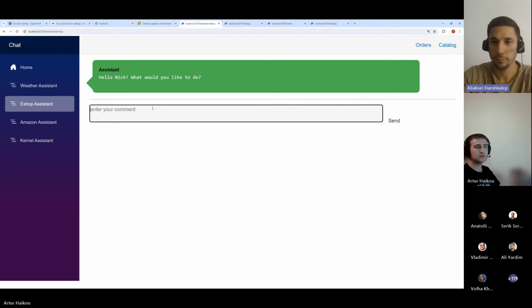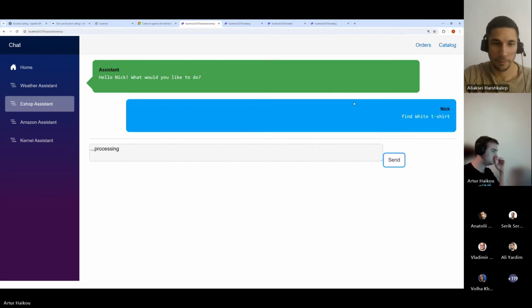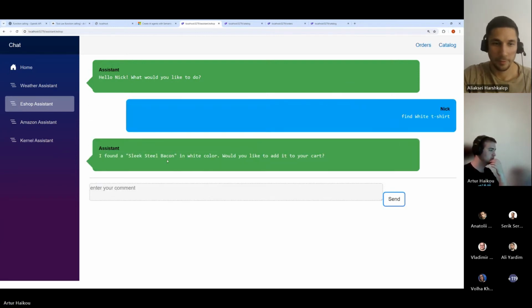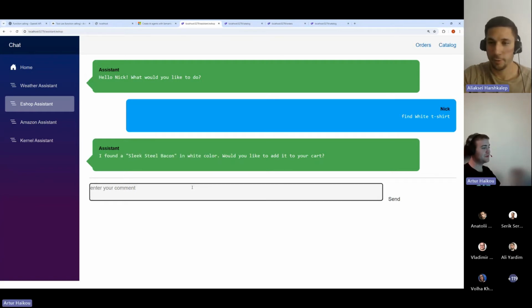White t-shirts. Okay, let's try. White T-shirt. Find white shirt. Let's try. As you can see, we don't have any, but it found some in another color. Okay. Let's try again, let's try to find, maybe propose